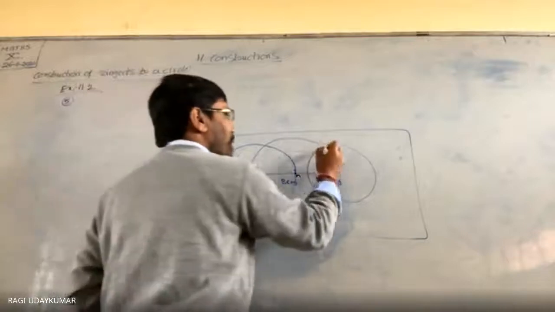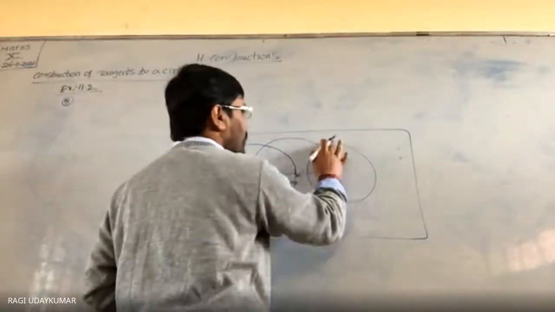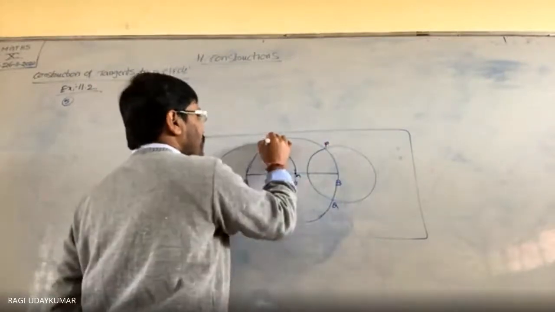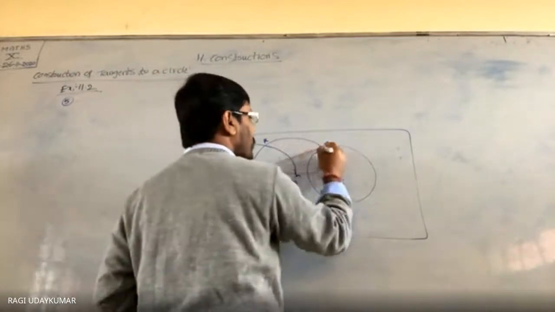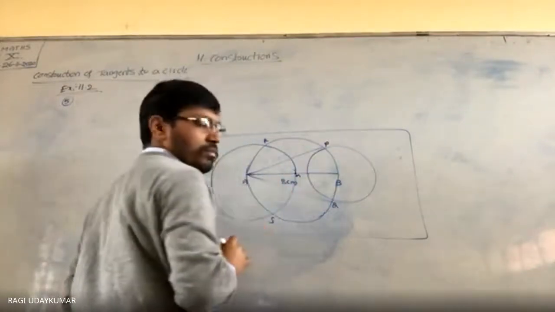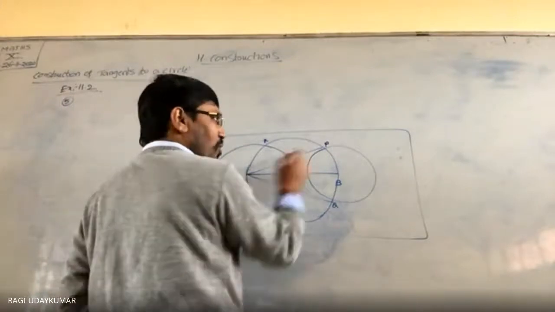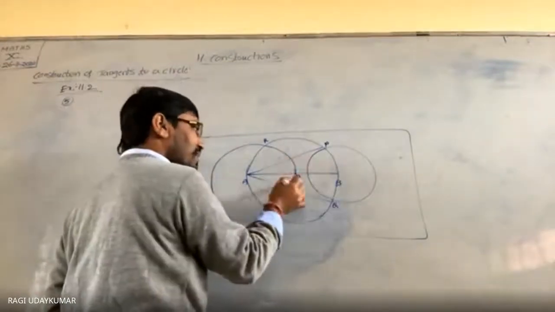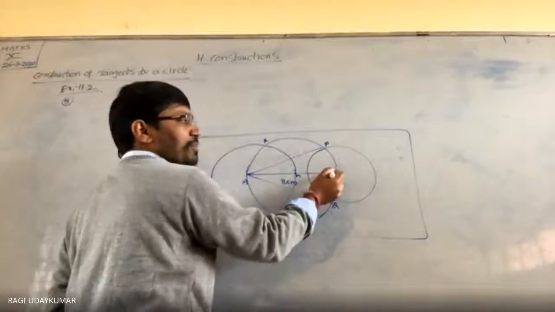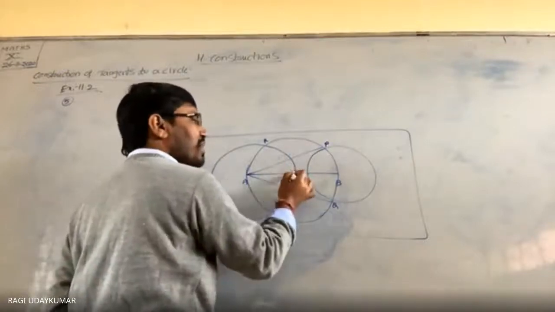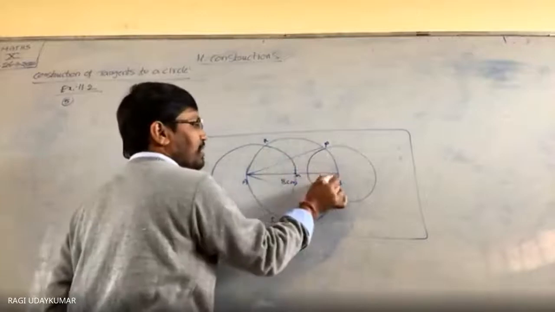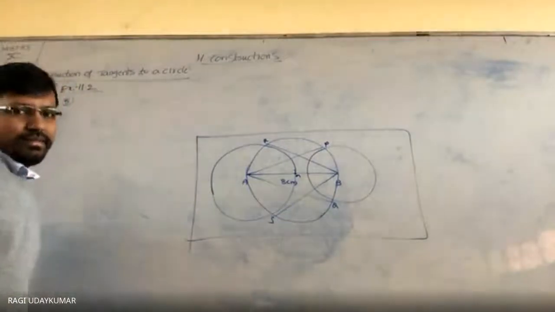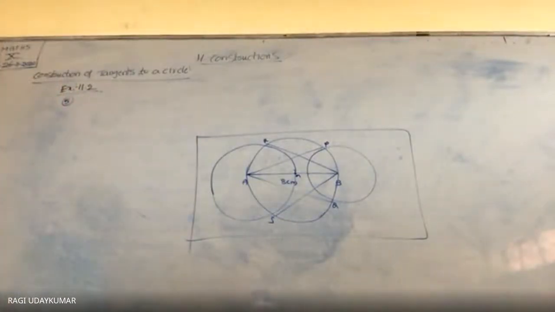Now let us consider these points as P, Q, R, S. Join this to P, join this to Q. The tangents are done, since the angle in a semicircle is 90 degrees. And similarly for this circle, if you want to draw the tangent from here, the midpoint of both will be the same and this same circle will come, so that's why I have marked the points. Join B to R, join B to S. The figure will be like this. Did you understand?